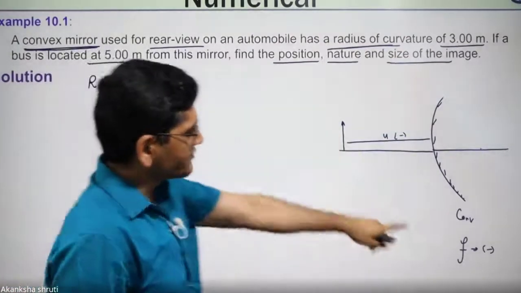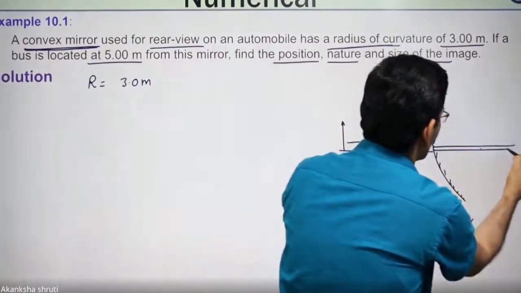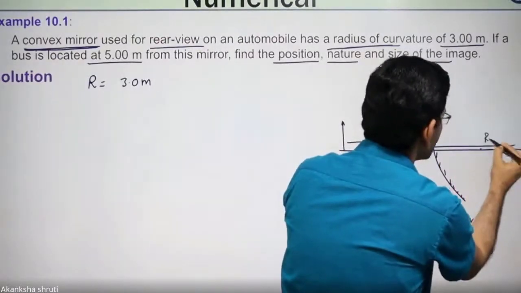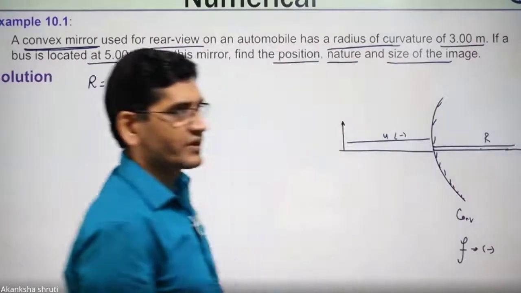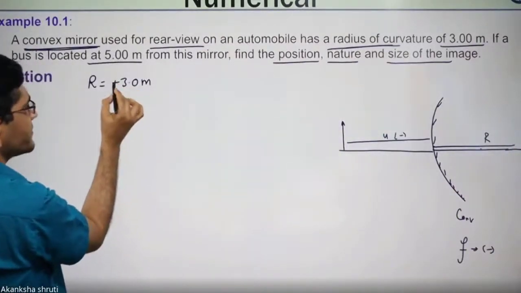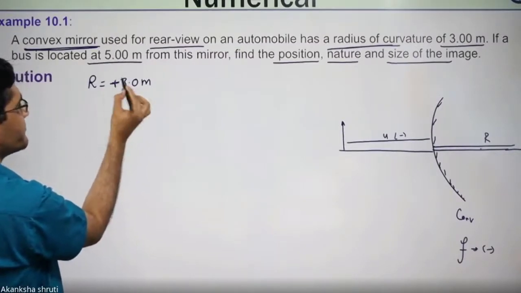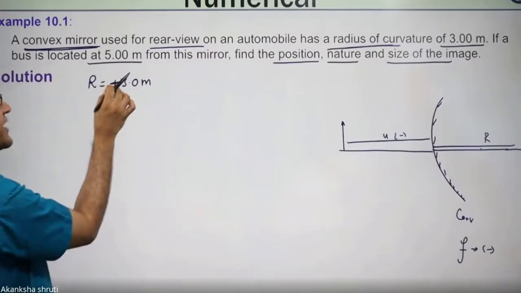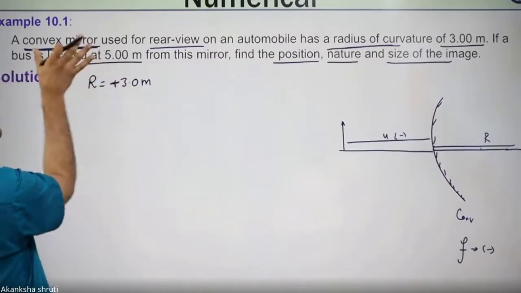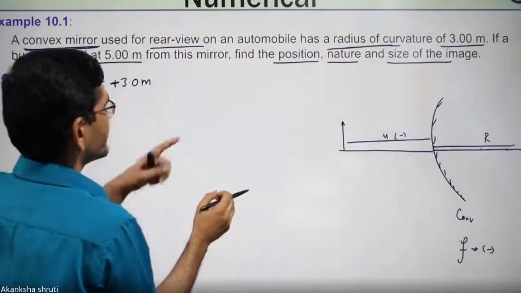So the radius of curvature is on the right hand side for the convex mirror, so it is positive. So take it positive. Though positive is not required to write, the better habit is even to put the positive symbol before it. That surely indicates or reminds you that the mirror that we are using is the convex mirror. So one data we have written.